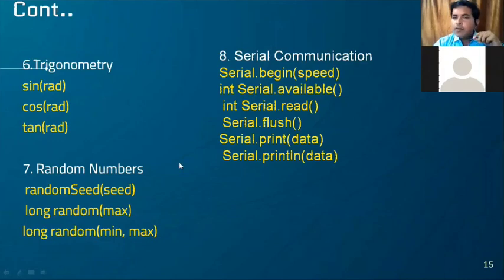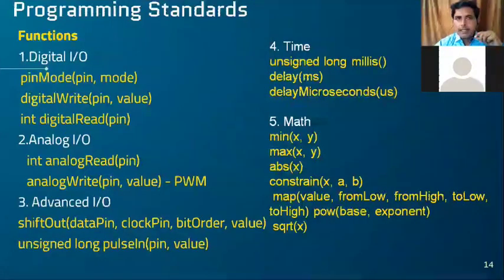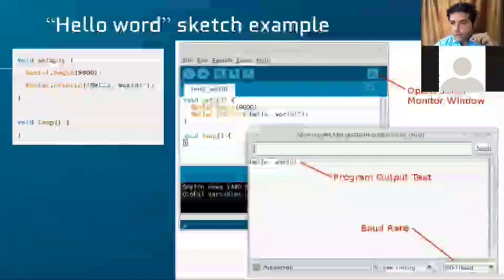Okay. And for serial communication, suppose you are using a Bluetooth module or you are sending information from one end to another end, then you have to mention that in the program. Then it's Serial.begin, Serial.available, Serial.read the value, Serial.flush, and print the data. Whatever you are sending, if you want to print that serial value, use Serial.print and Serial.println. Okay. So these are some common functions we have to follow in writing the program in the Arduino. And next, we'll start with the programming.